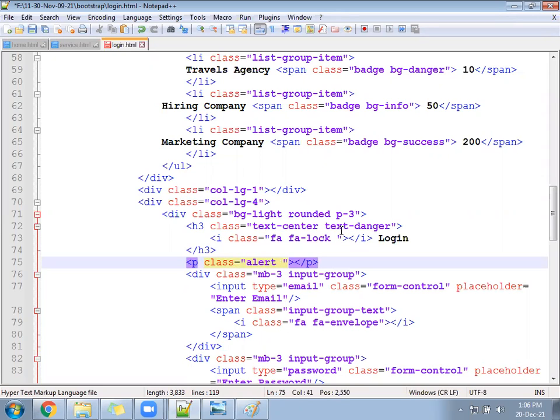Red, green, blue, success, which one? So alert-warning. Invalid input.